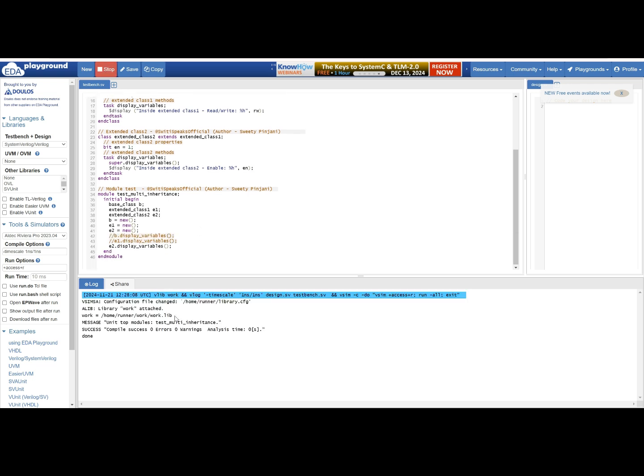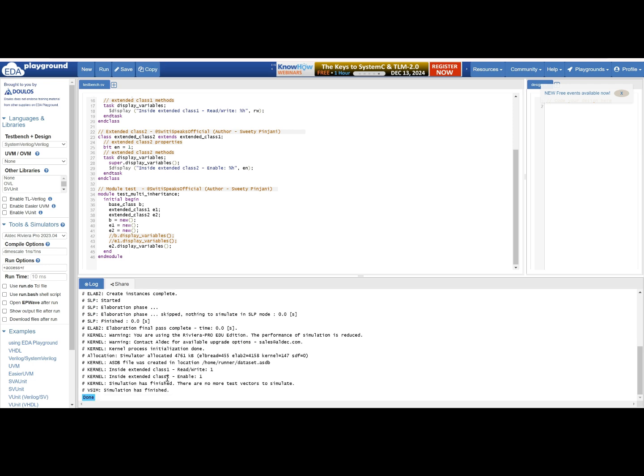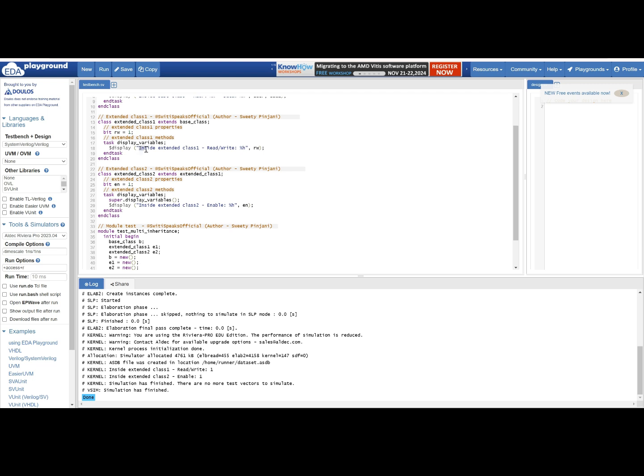and see what happens. Here what happened now? You saw the display of extended class 1 first because you called super dot display variables here, and extended class 1 is the super class for extended class 2. It went here, it displayed inside extended class 1, and it displayed the value of read write.